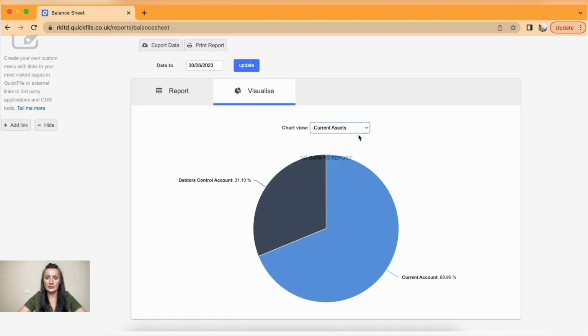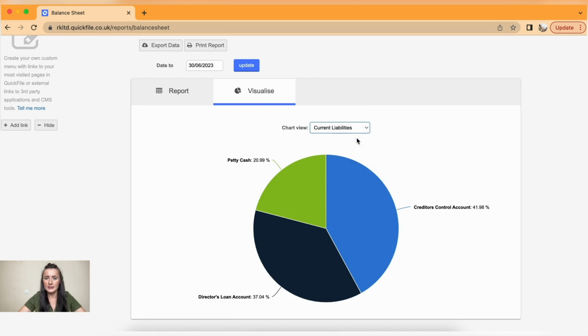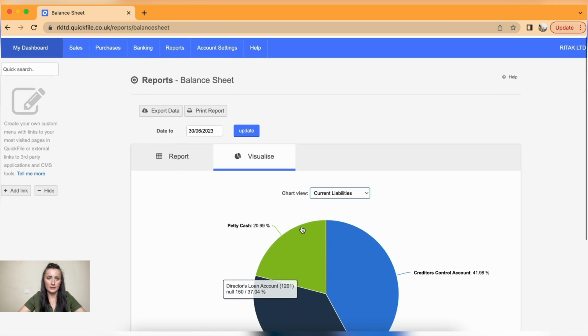So for example, looking at current assets, or if I want to look at current liabilities, then I can see a pie chart for it. Okay,